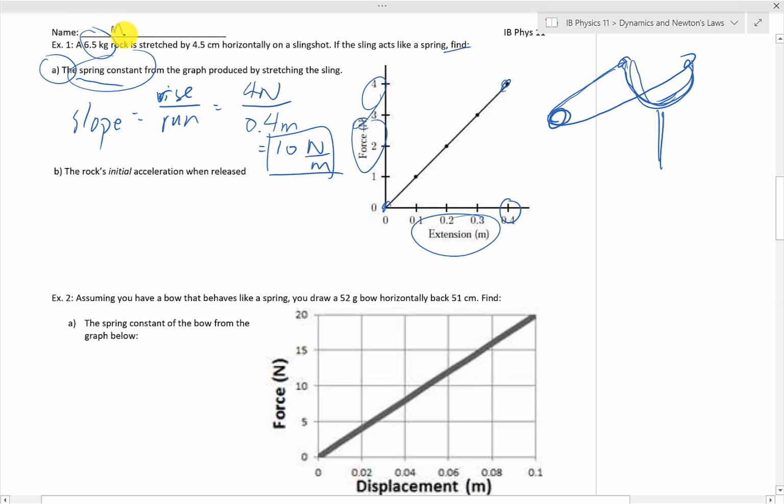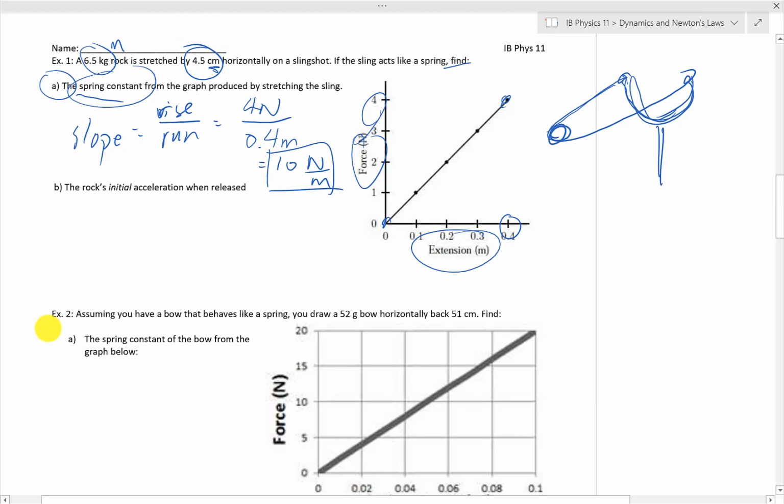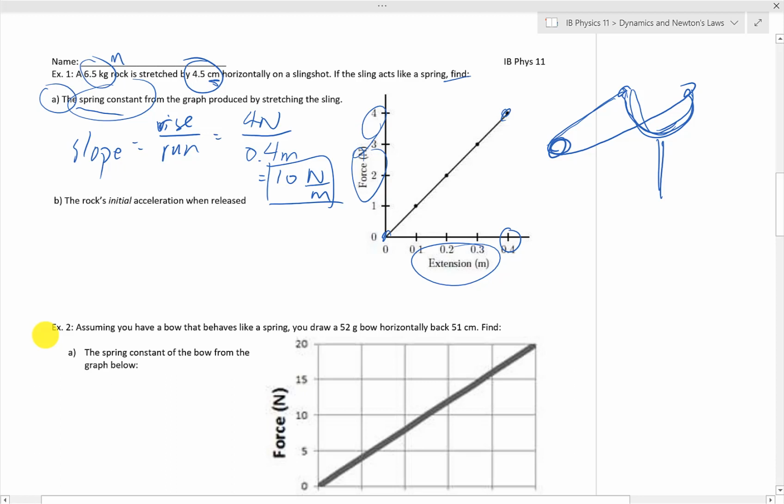That's fine. We have a stretching of 4.5. Ooh, it's in centimeters, so we have to be careful about that. Usually when we deal with physics equations, most, if not all of our symbols, most of our unknowns need to be in meters when we put it in our equation. 4.5 centimeters divided by 100 centimeters per meter gives us